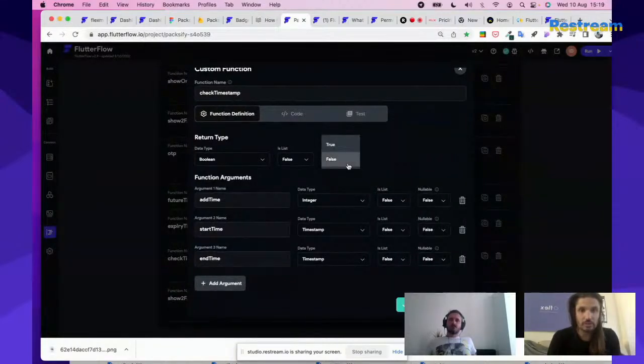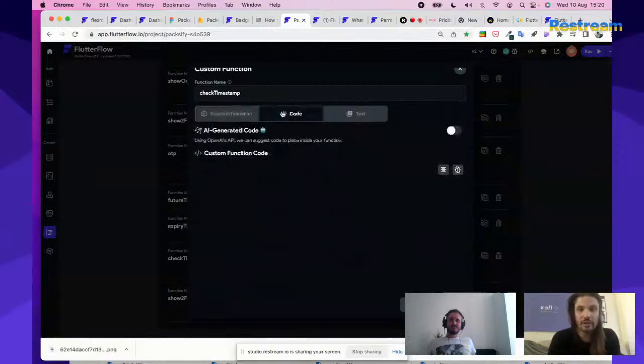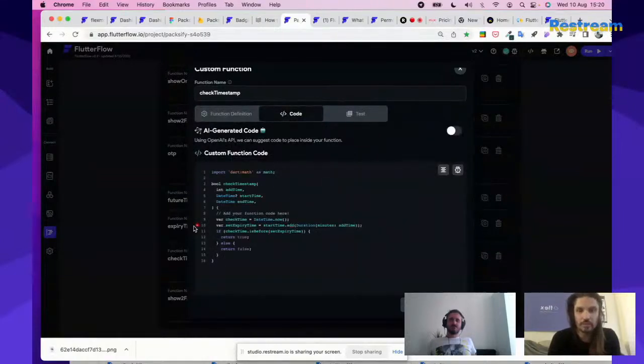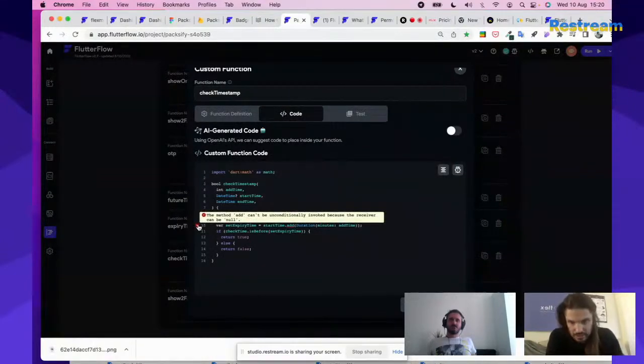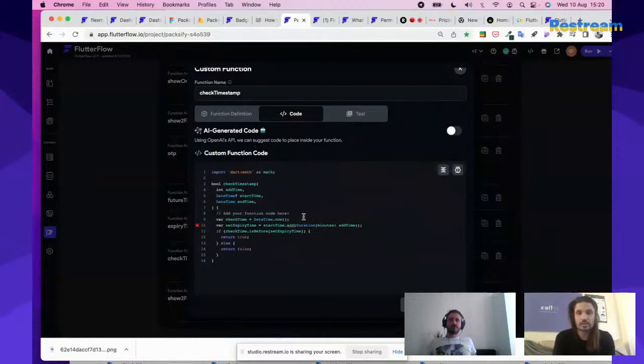So return value, for each thing, you have nullable, true or false, and you have a little tooltip. If I were to, for instance, say that this could be null, this is actually the thing that broke my app this morning, so I probably should have used null safety. If I go in here, it will now pop up an error. You're going to get things like this. This one comes up a lot: that it can't be unconditionally invoked, which a quick Google will tell you essentially